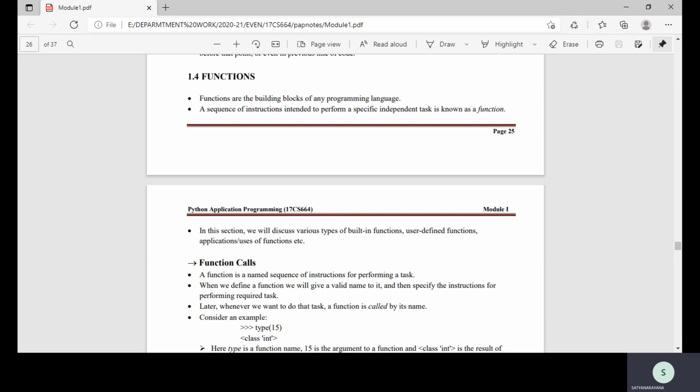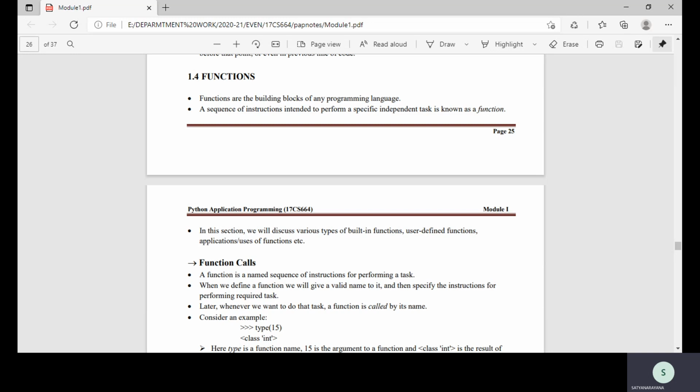As we already know, functions are the building blocks of any programming language. So what is the definition of a function? A function is a set of instructions which is defined to perform a particular task. For example, add(a, b). When I say add of a comma b, as it is mentioned, it is for the addition of two numbers. So here we are going to write a set of instructions to perform the addition of two numbers using two variables called a and b.